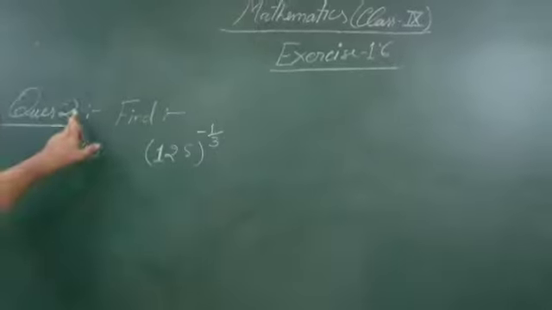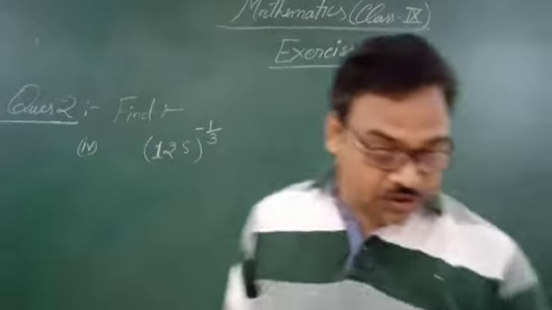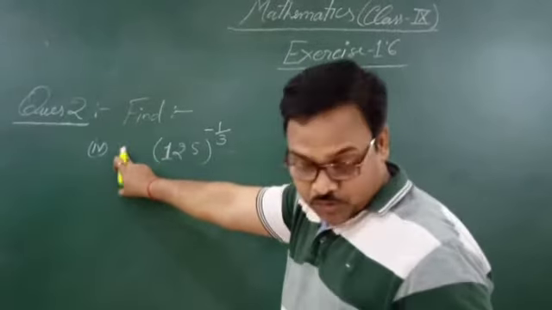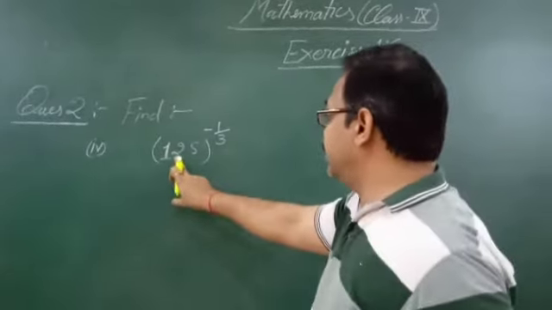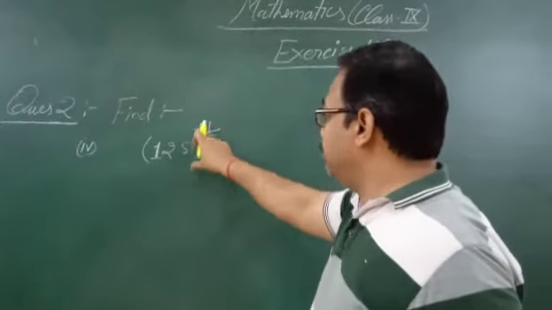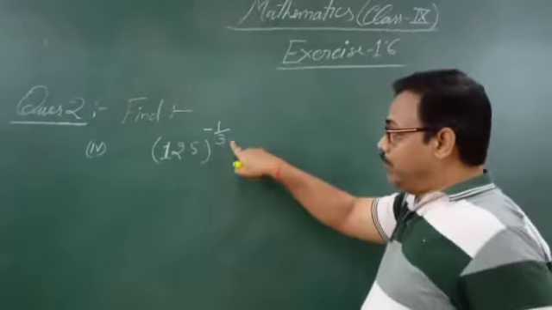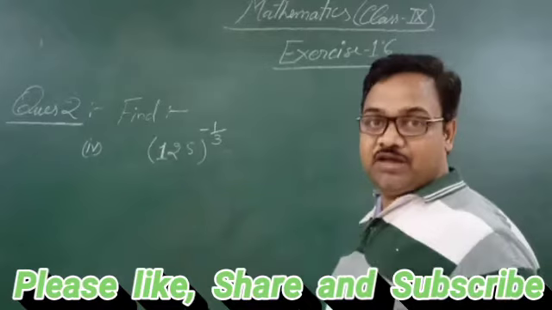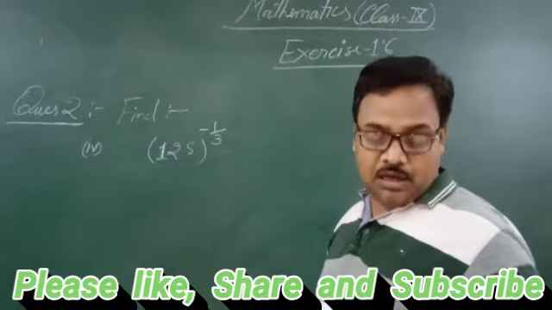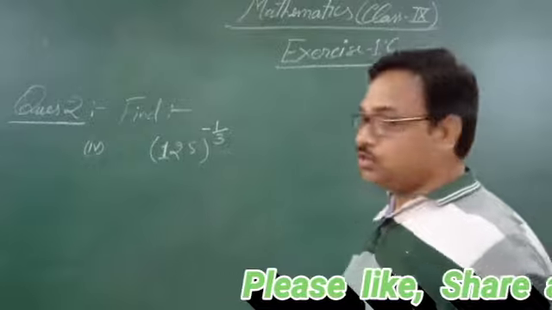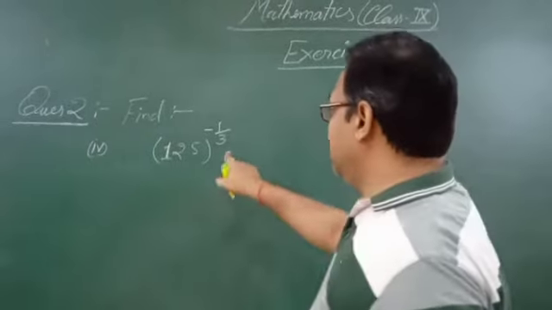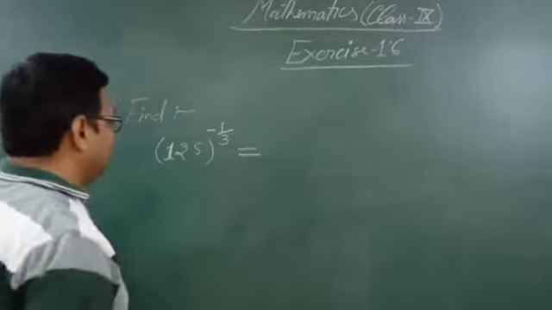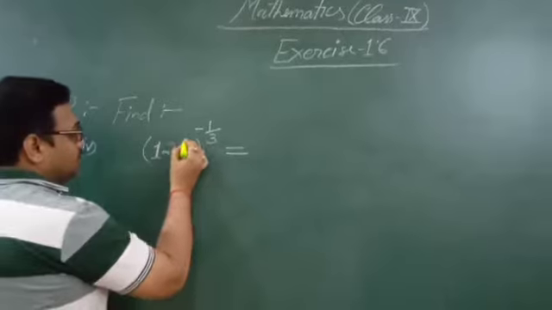Now question number 2. This is also on the same pattern, but at the last, in the fourth part, here it is given 125 to the power minus 1 upon 3. Means here the power is given in negative. In the first, second and third parts, powers are not given in negatives, so you can do them easily with the same pattern as you did in question number 1. Now in question number 2, fourth part, because this is a little bit different from the pattern, that is why I am explaining it.